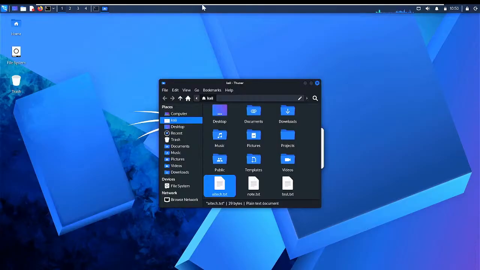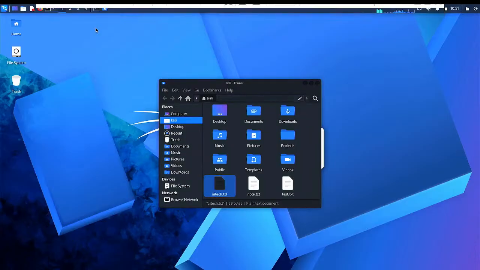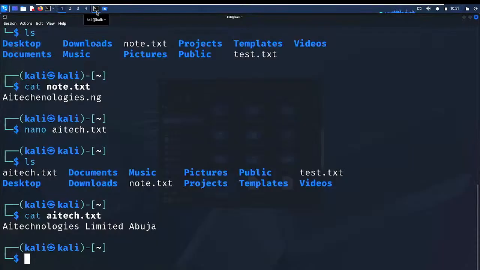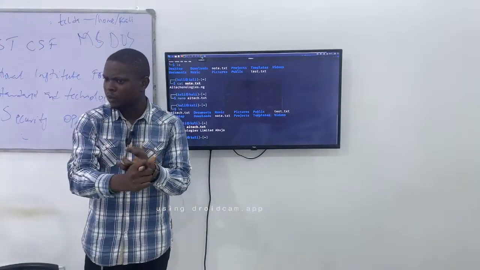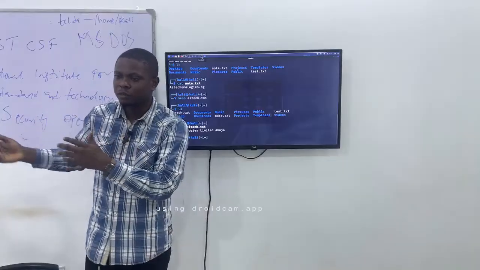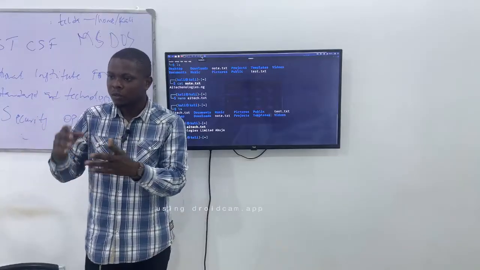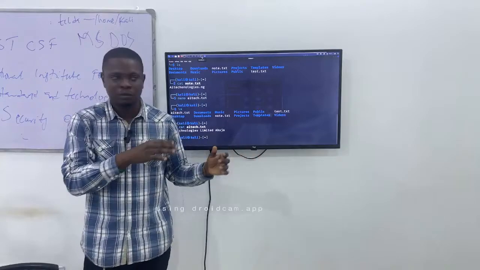So the terminal just allows you to communicate with your system, tell your system, okay, do this for me, do that for me. So I want to carry out something like an encryption. There's what we call steganography, right? It's a process of hiding a file inside another file. Steganography is a type of cryptography, just like encryption or hashing. You have steganography, you have blockchain, you have, I think I talked about digital signature that is used for non-repudiation, not denying an action. Yeah. So we have different cryptographic solutions, but I want to practice one.